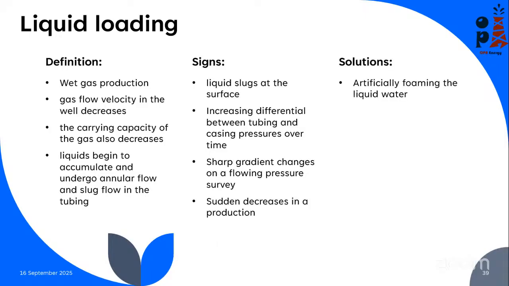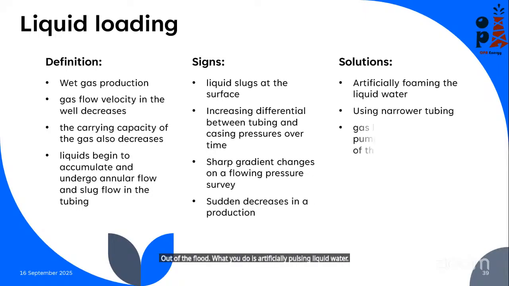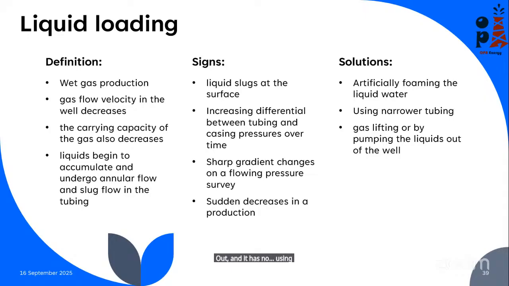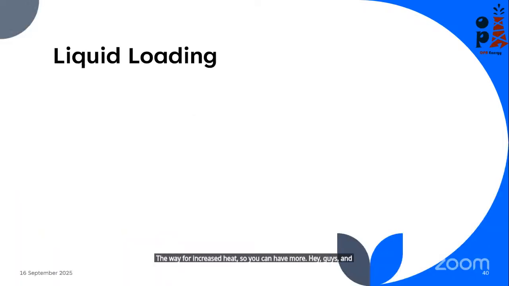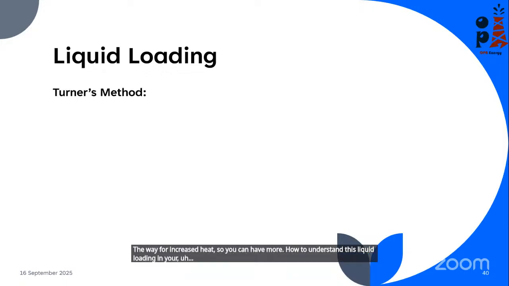What to do is artificially forcing liquid out, and you have using a narrower tube also, or you have to gas lift or pump the well or increase heat so you can have more gases. And to kind of understand this liquid loading in your system,